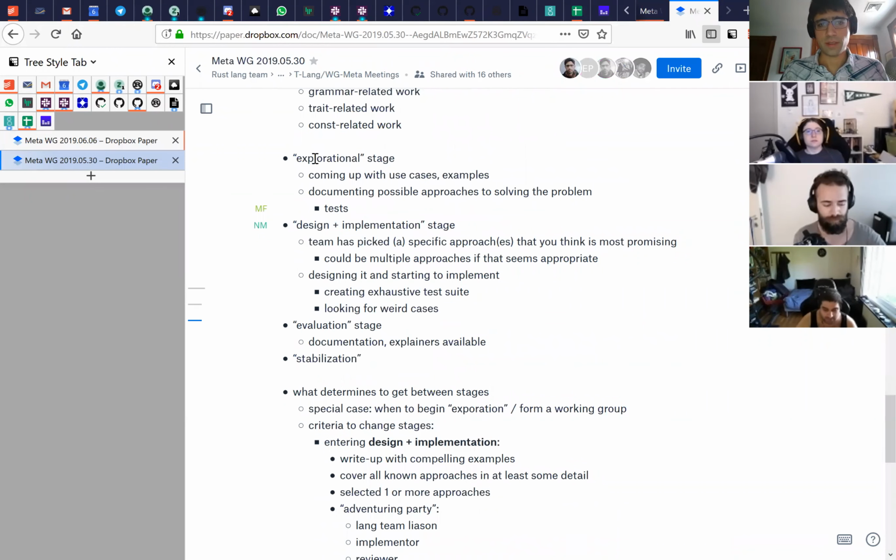different stages. I guess I'll jump back to this page around the design where there's this kind of explorational stage where things are beginning, where we don't really have a formal place for this today. I guess it's like the pre-RFC period. Maybe it's fine. But I think we do want something of one. But in particular, where you're coming up with use cases and examples and kind of exploring the range of possible solutions, and